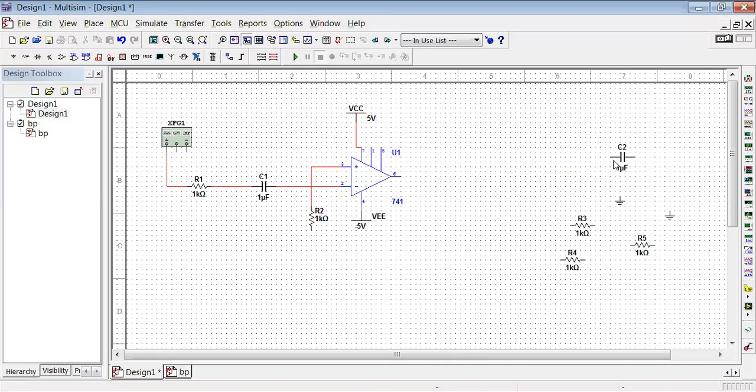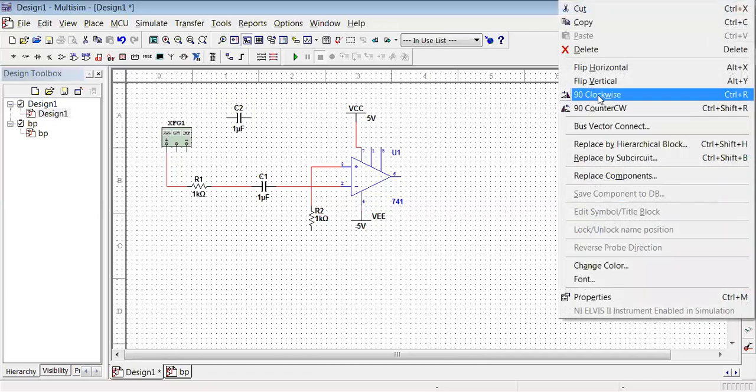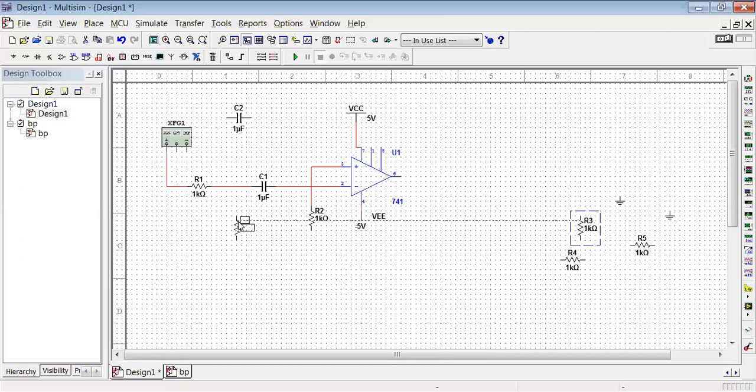Then we have another capacitor here. Select this capacitor, place it, and make the resistor 90-degree clockwise, connect it here, and make the connections in this way. And this is also connected across this. These two are connected in this way.